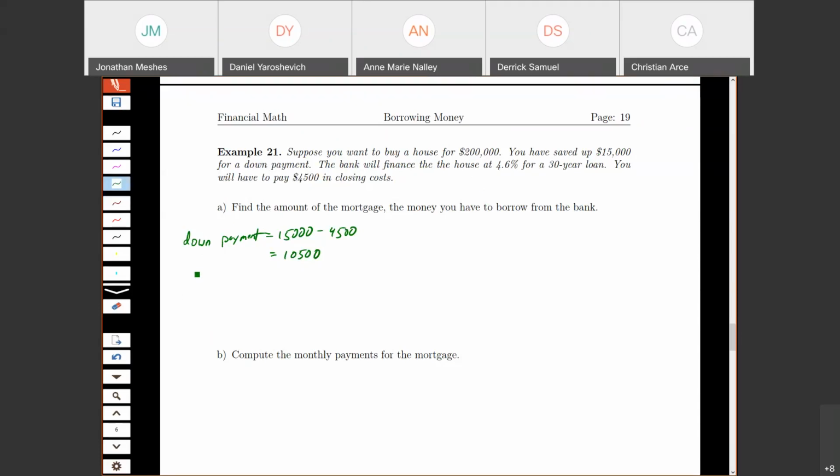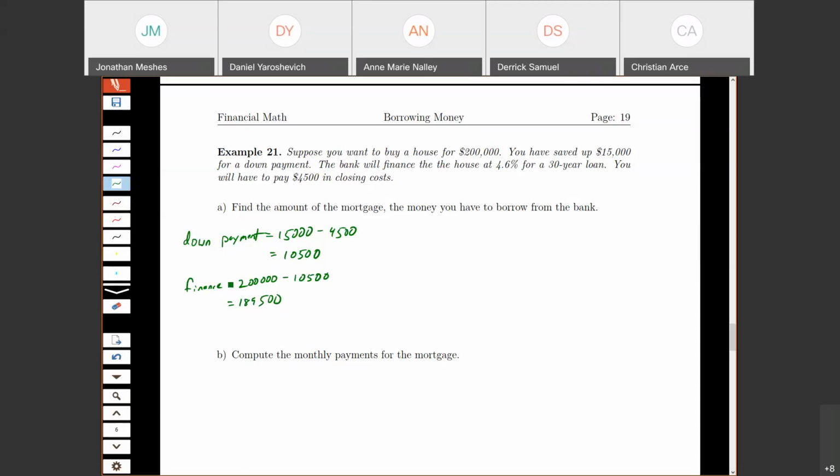So then the amount that I have to finance is the cost of the house minus the amount that I have for a down payment. So I have to borrow $189,500 for this house. In real life, I would have to pay private mortgage insurance. I'd have to pay PMI for this,